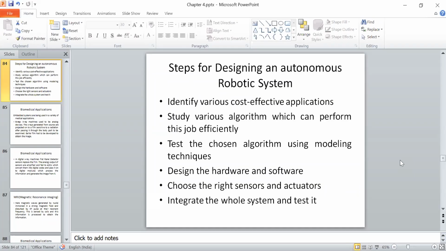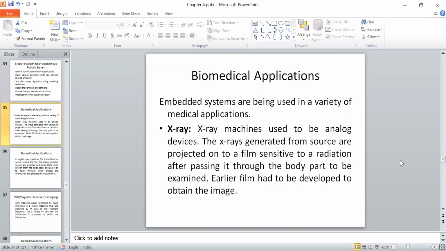तो जब भी हम कोई ऑटोनॉमस रोबोट सिस्टम डिजाइन कर रहे होते हैं, कोई भी नया सिस्टम डिजाइन कर रहे होते हैं, we have to always first do the study of the market. We have to always see what are the existing solutions available. It may not be necessary that all those solutions are available in the same field. जरूरी नहीं है कि मिलिट्री एरिया में जो रोबोट्स अवेलेबल हैं हम उन्हीं को स्टडी करें. We will try to find out all existing solutions in other areas also, and then we have to see how we can adapt those solutions into our application.